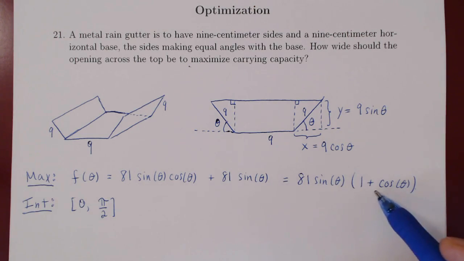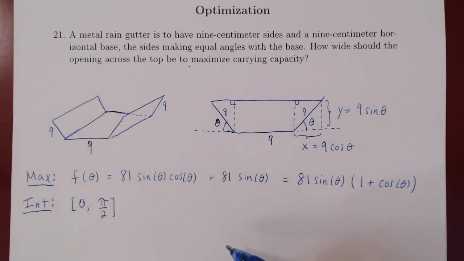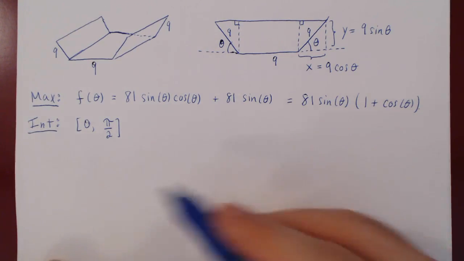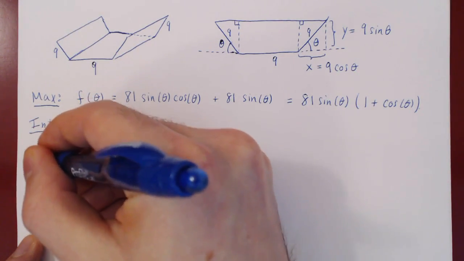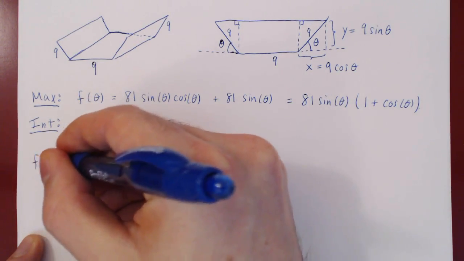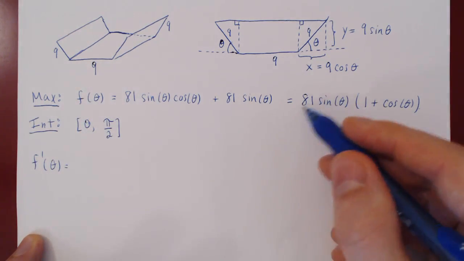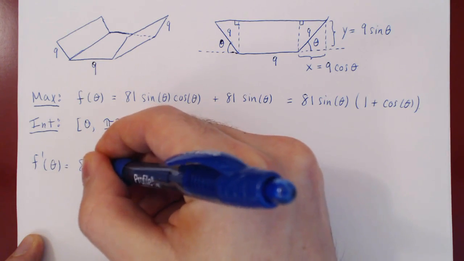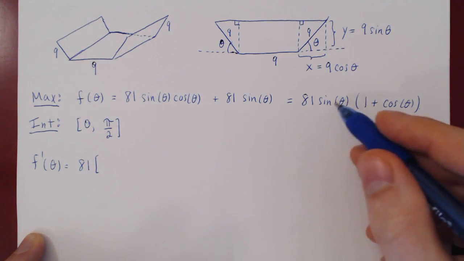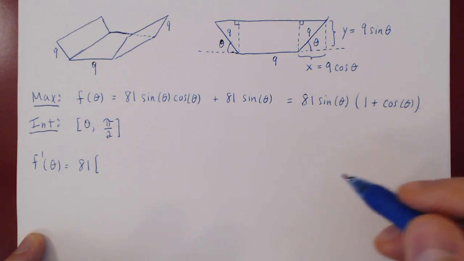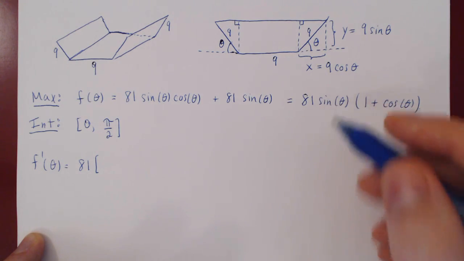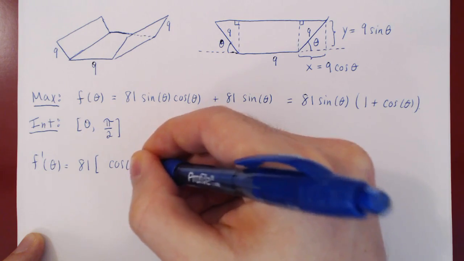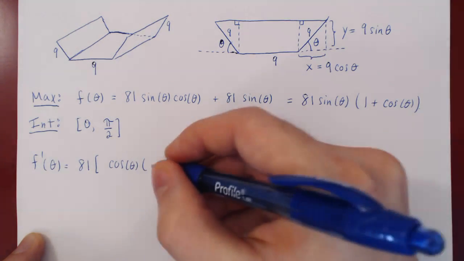Let's find our critical points by finding the derivative of f. 81 is a constant multiple, so you can leave it up front. We have a product. Sine times 1 plus cos, so we use the product rule. Derivative of sine is cosine, so we get cos of theta times the second function, 1 plus cos of theta,